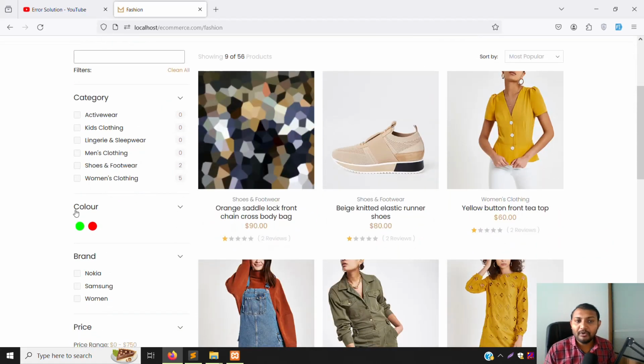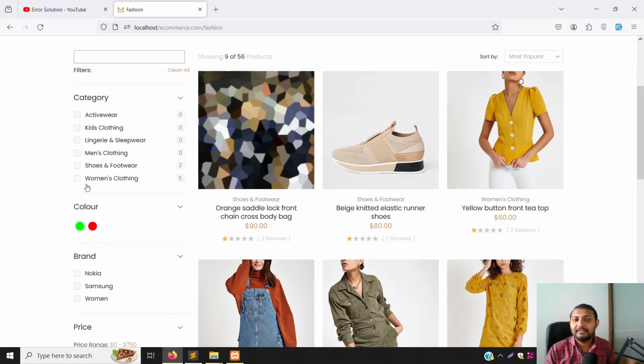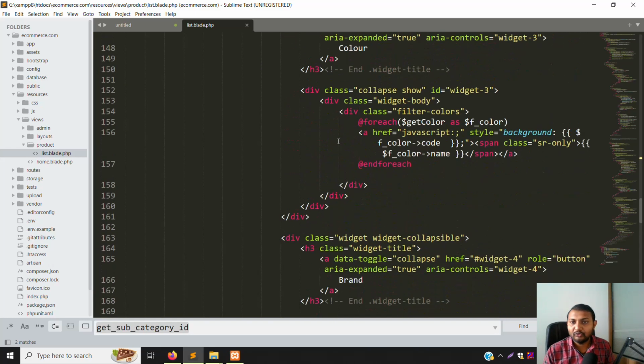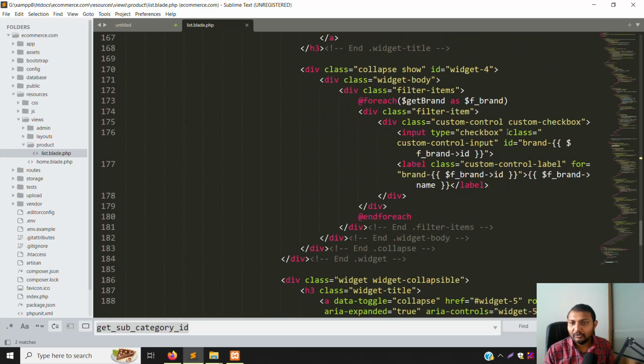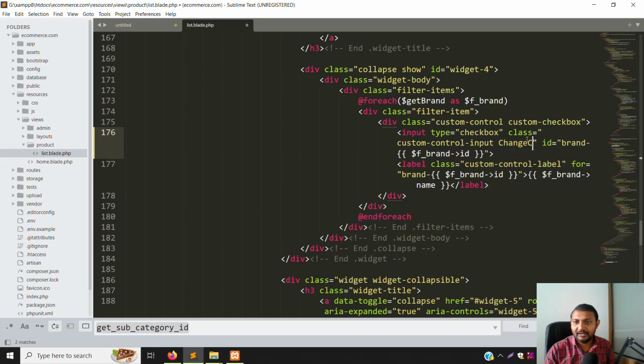Okay, now the next point is colors. Suppose you choose a color, so we need to choose the color here. Suppose here are two colors. Whatever color you choose, we need to do something, and we also use the active class. This one takes time. Let's sort out brand first. Brand is the same as category, so we can do it easily. Okay, let's scroll down. Here the category is done. Colors take time because we need to use an active class so we know which one is selected. Okay, change things, you can do it like change category, change brand,